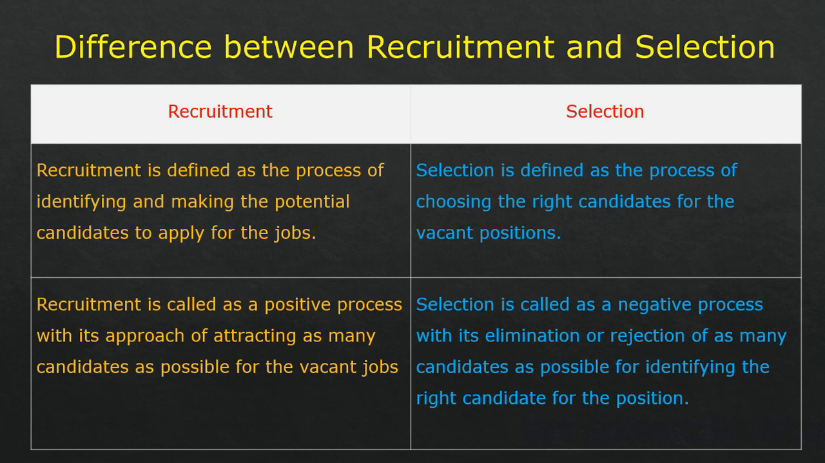Difference between recruitment and selection. Recruitment is defined as the process of identifying and encouraging potential candidates to apply for the job, whereas selection is the process of choosing the right candidate for the vacant position. Recruitment is called a positive process, with its approach of attracting as many candidates as possible for the vacant position. Selection is called a negative process, with its elimination or rejection of as many candidates as possible for identifying the right